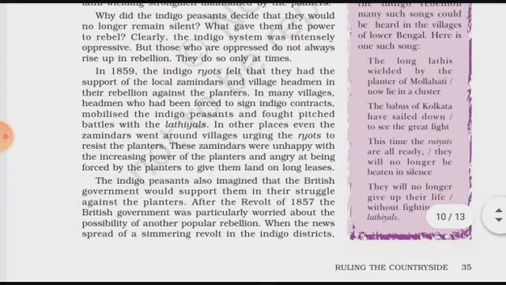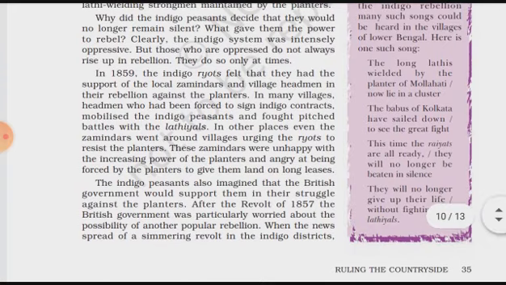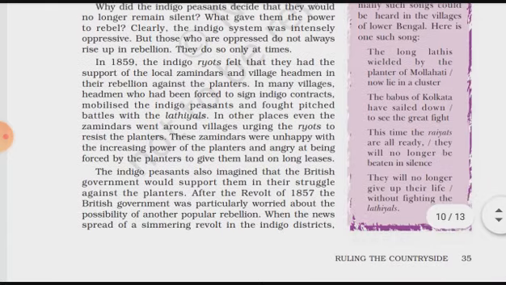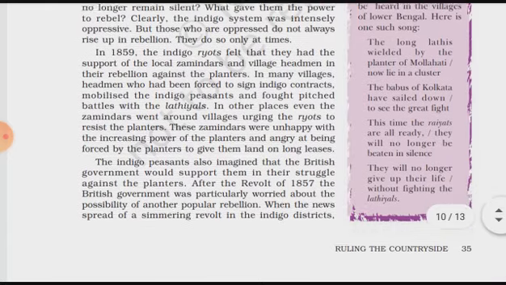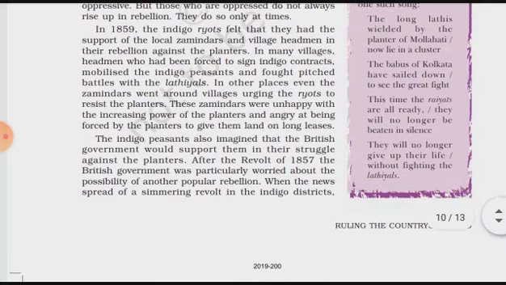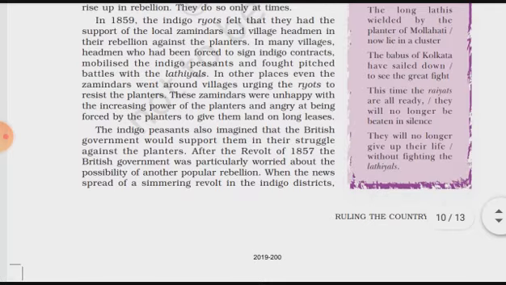However, whoever the person, they face the same problem when they oppose, so they do not always rise up. They do not always participate in the revolt. They do this only at the same time. Now, what happened? See, in 1859, the Indigo riots felt that they had the support of local zamindars and village